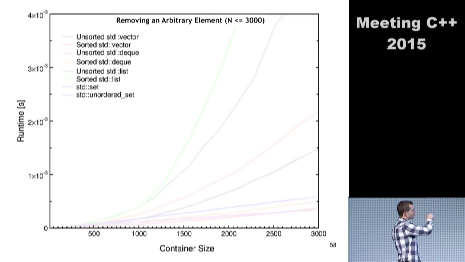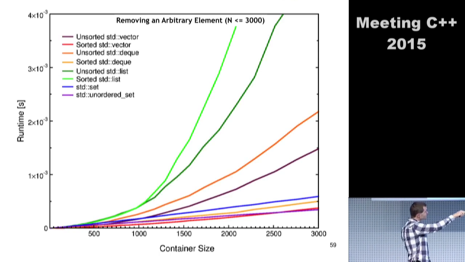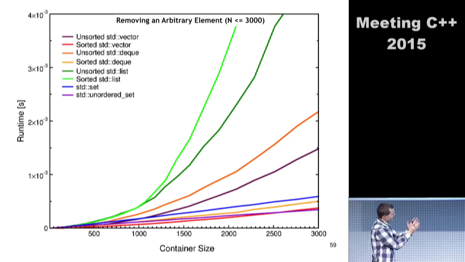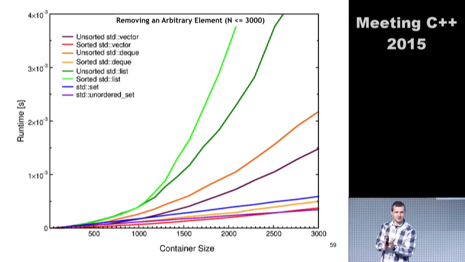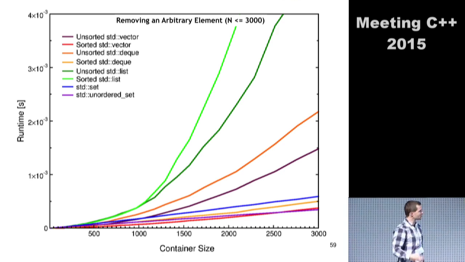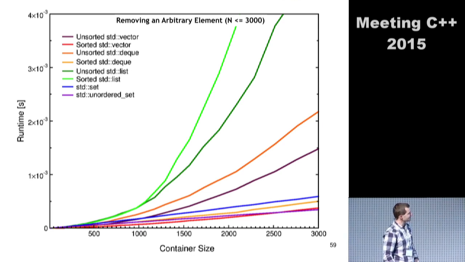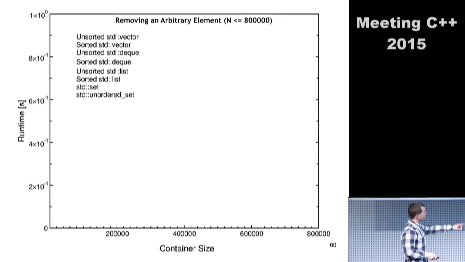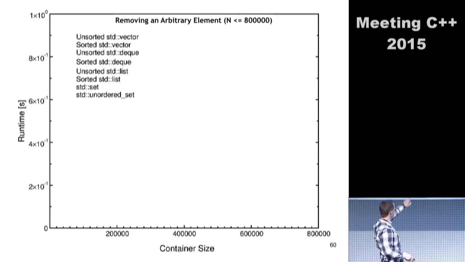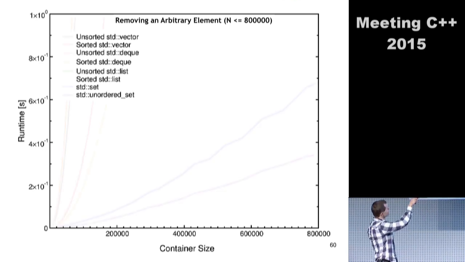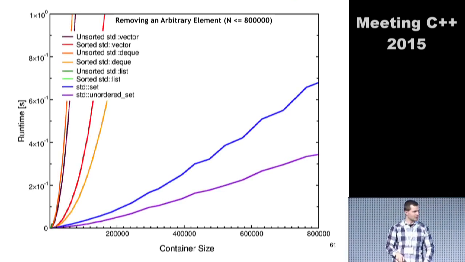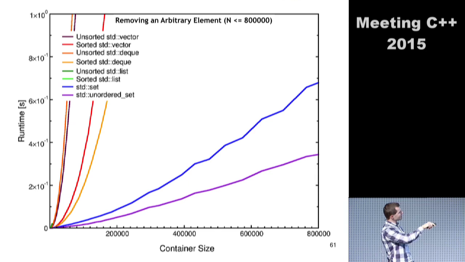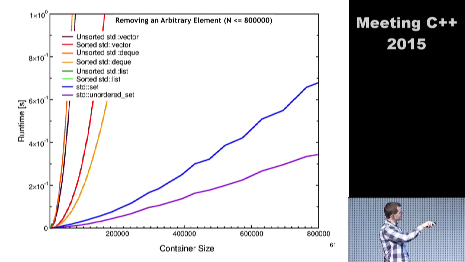Yes, at some point, of course, the vector degrades, but it's only the unsorted vector. Look here, 3000 elements, and still the vector is kind of leading the pack. Yes, it's very tight, very close to an unordered set. This is because an unordered set is basically the better data structure in finding things, but shifting does not really seem expensive. Only if I go to very, very large containers, this is when, of course, the performance of vector will explode. If you have very large collections of elements, if you want to remove something in an arbitrary position, then use something like an unordered set.